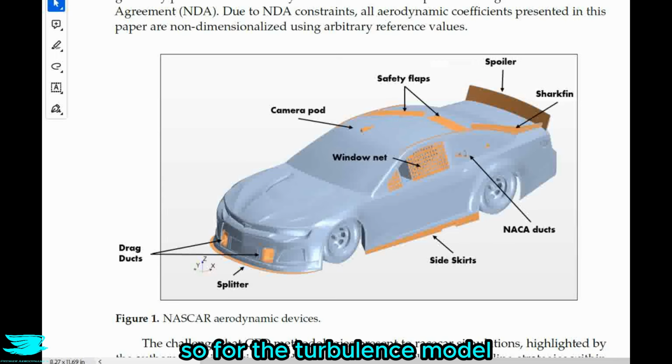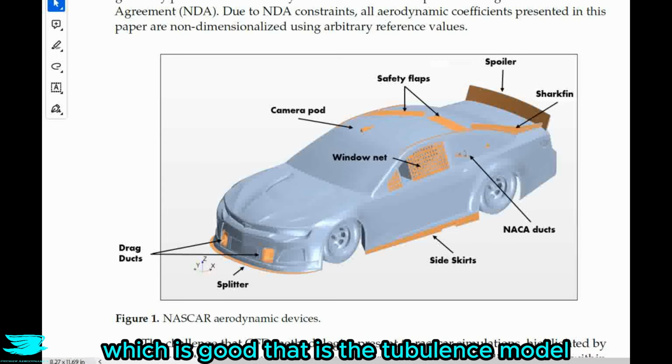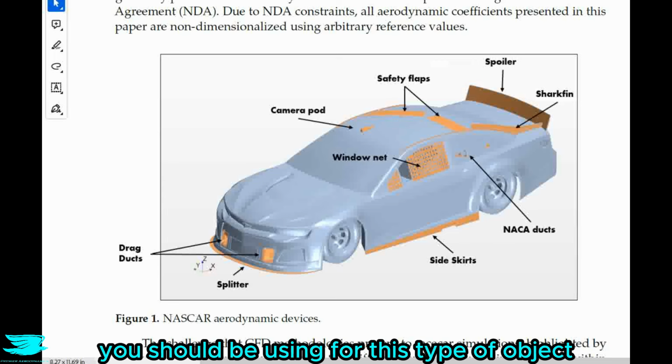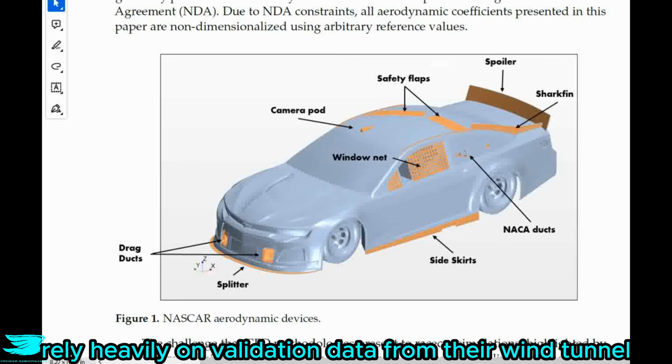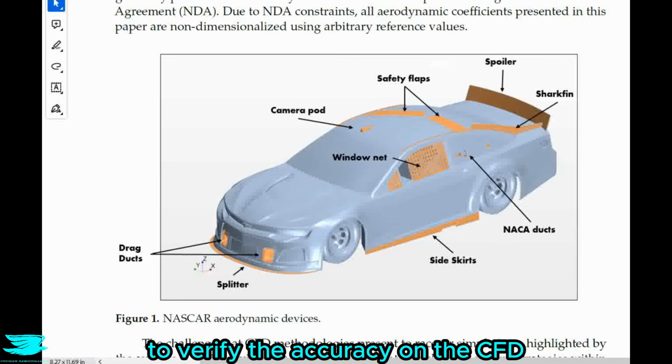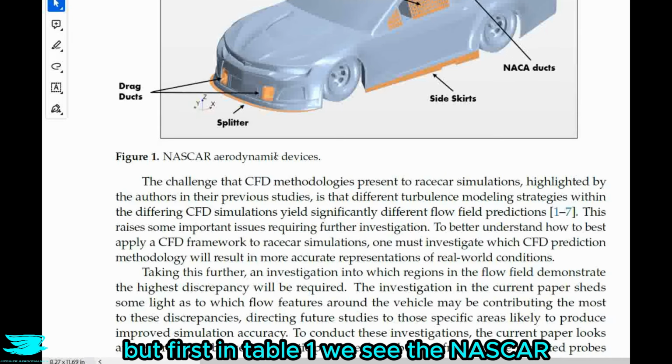So for their turbulence model, the researchers made it a point to highlight that they used the SST k-omega, which is good. That is the turbulence model you should be using for this type of object. And they say that they will rely heavily on validation data from their wind tunnel to verify the accuracy of their CFD, which we'll see later. But first, in table 1, we see the NASCAR